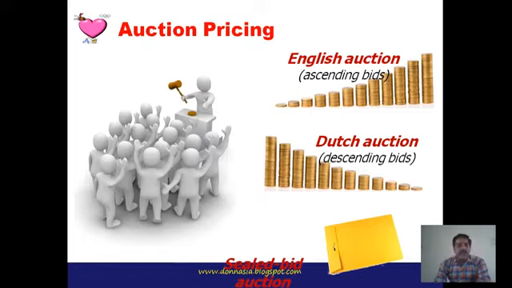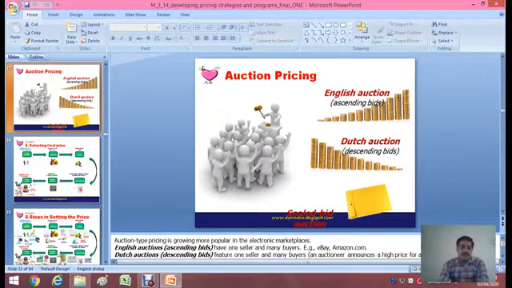And sealed bid auction is also the third method available under auction pricing, that is, at the time of setting the price with the method of auction pricing. So let us see the difference between English auctions, Dutch auctions and sealed bid auctions. Auction-type pricing is growing more popular in